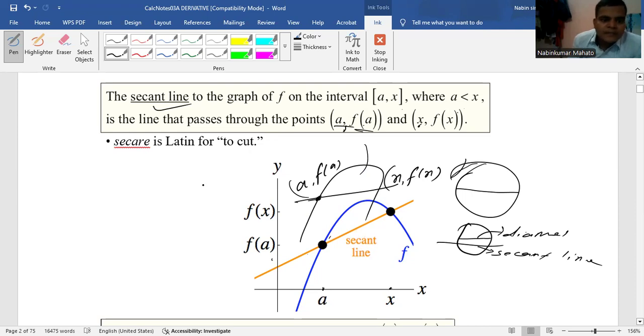Secant is from the Latin for to cut. This secant is from secare. Secare is to cut. Secant line comes from secare. Secare means the cutting of the line. Okay, look,